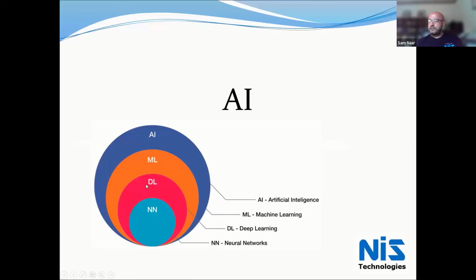So we built on the neural networks and deep learning. We were able to get to machine learning where we actually had to do some training. And now we're at AI where there are some things that are already pre-trained. But like in the case of LUIS, we had to train it on specific language context for the application we were using, meaning we have to define what a car was.